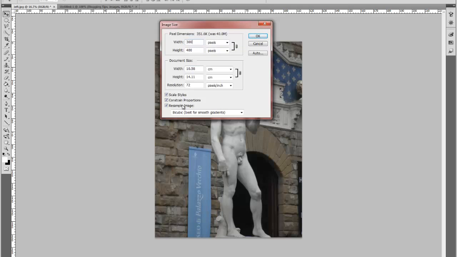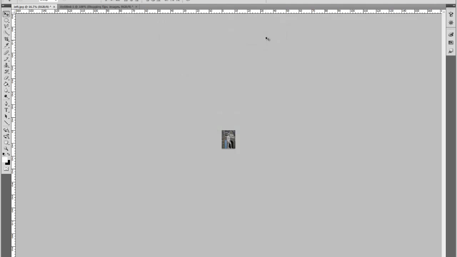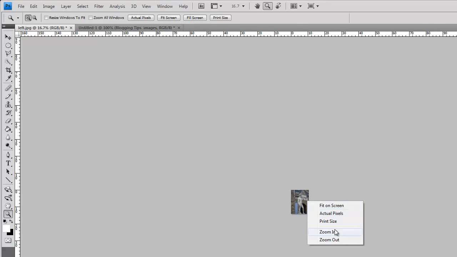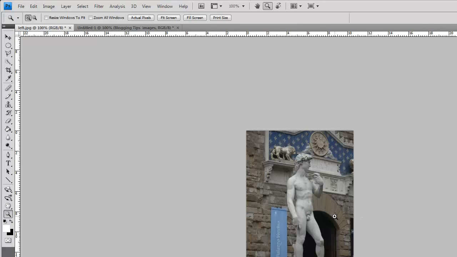And you notice how I have constrained proportions checked off here. This will make sure that you don't distort the image when you shrink it. It'll keep the same proportions in place. So with just doing that, the picture looks small here, but that's just the way it looks because of how the pixels were. If I go to actual size, that's a much more respectable size for an image for a